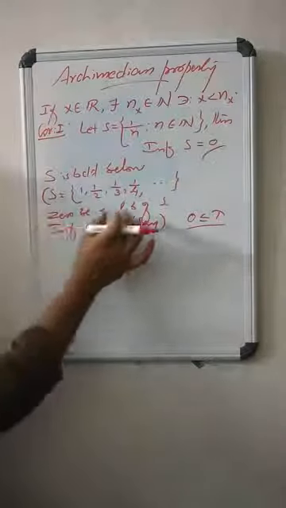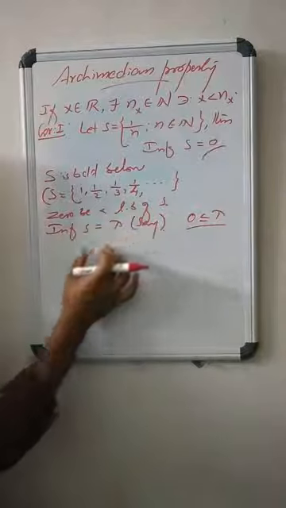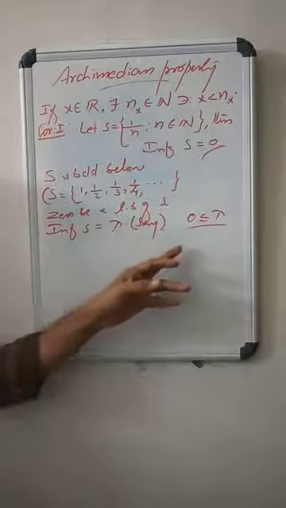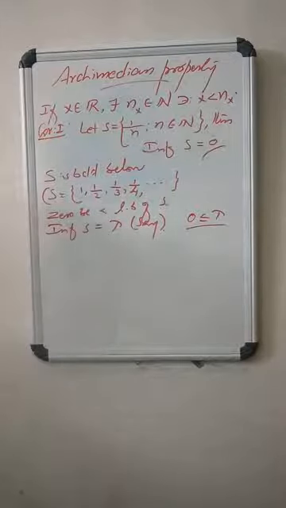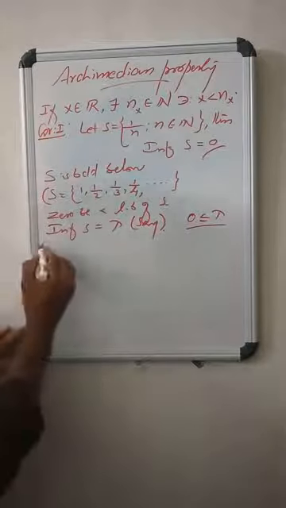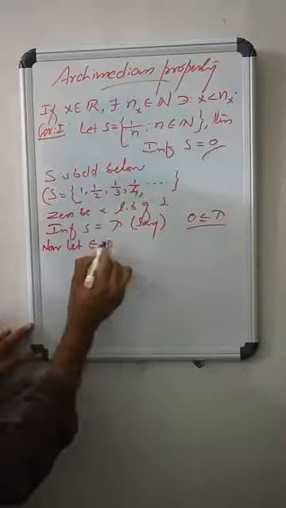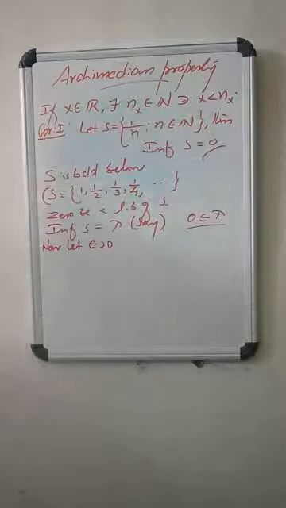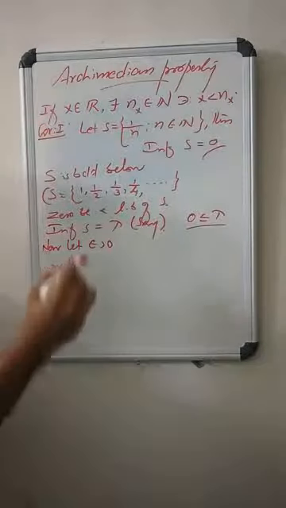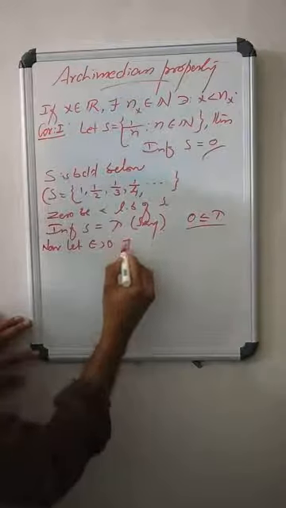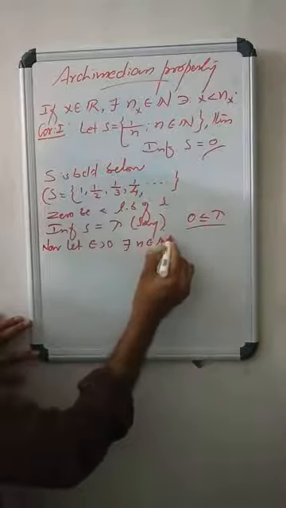Since 0 is a lower bound of S, let us assume that lambda is the infimum of such S, then 0 is less than or equal to lambda. Now, let epsilon be positive. Choose a small positive number epsilon. Then by the Archimedean property, since epsilon is positive, there exists some n in the natural numbers